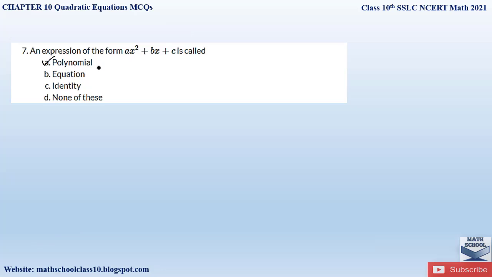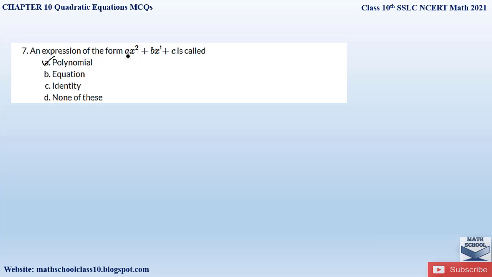Because a polynomial is an algebraic equation containing variables of various degrees of x. So here we have 2 terms with x, right? And the degree of one is 2 and the degree of another is 1. Therefore, a polynomial can be a linear equation, a quadratic equation, a cubic equation, etc. So any equation having variables of different degrees is called a polynomial.